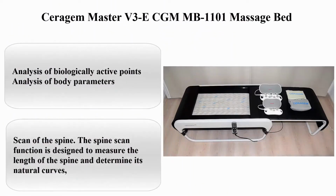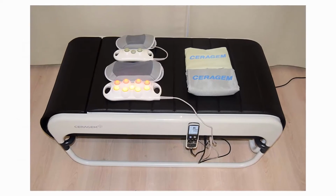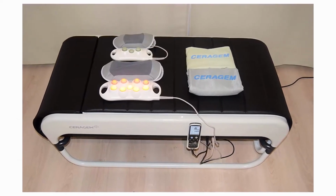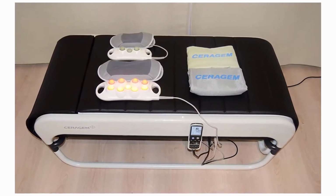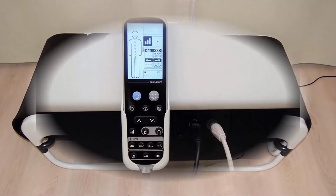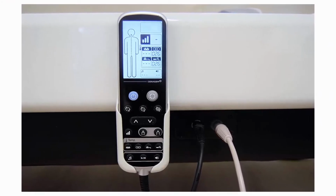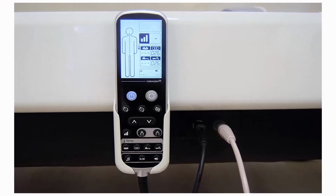Ceragem Master V4 ECGM MB1101 Massage Bed. Product description. Ceragem Master V4 ECGM MB1101 is an individual massage bed. The bed is in a good condition, measuring the length and curves of the spine. The thermal device adapts to you thanks to the function of scanning the spine and the advanced system of movement